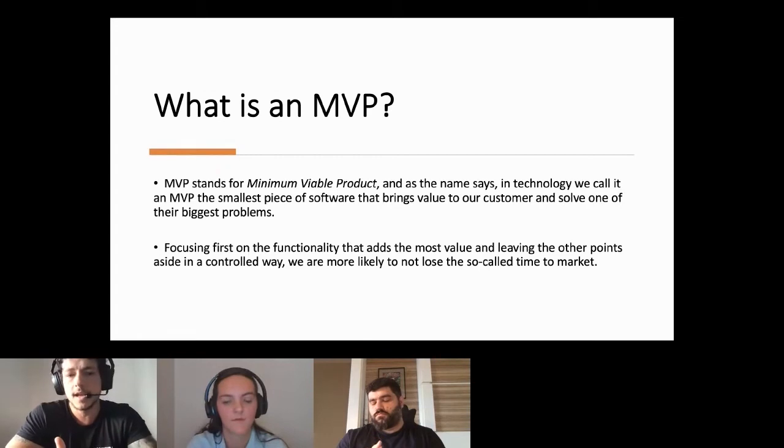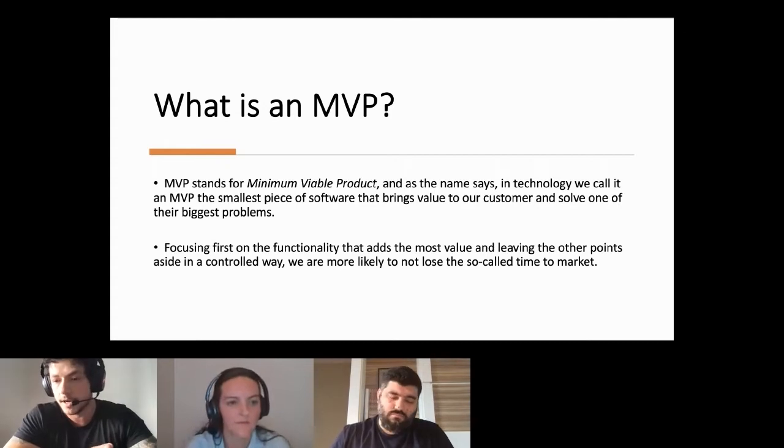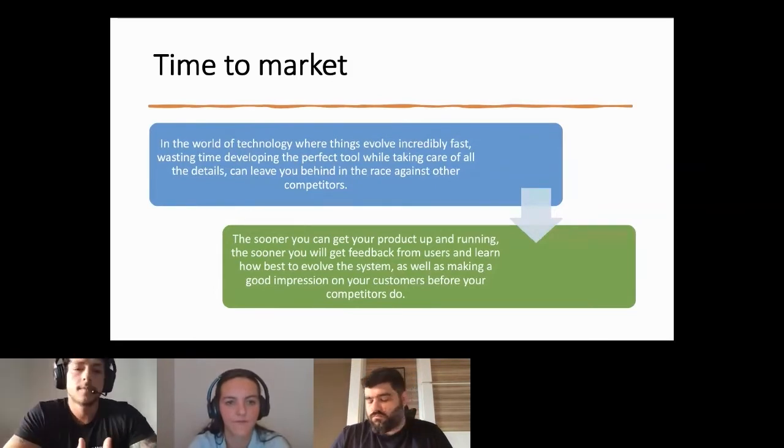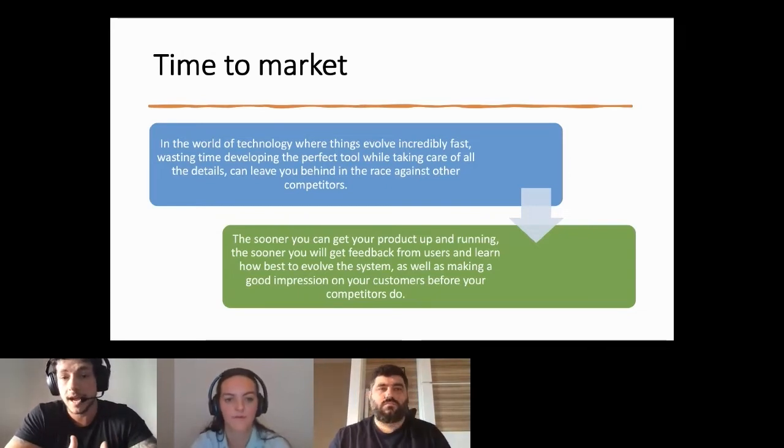So focusing first on the functionality that adds the most value and leaving the other points aside in a controlled way, we are more likely to not lose the so-called time to market. And when I talk about time to market, in the world of technology where things evolve incredibly fast, wasting time developing the perfect tool while taking care of all the details can leave you behind in the race against other competitors.